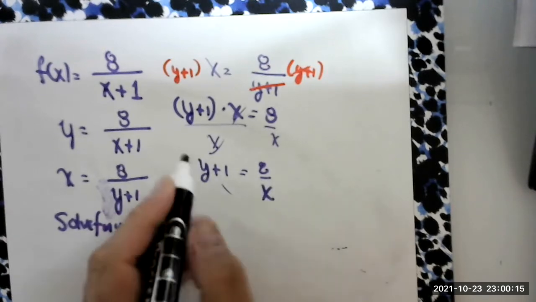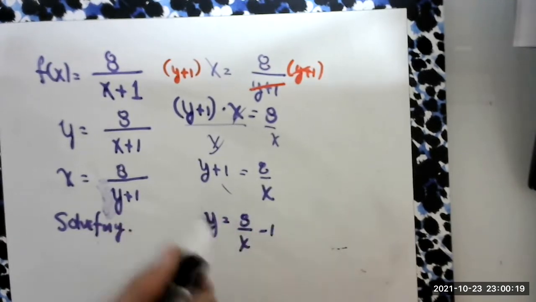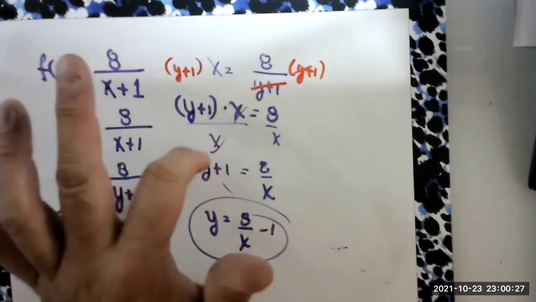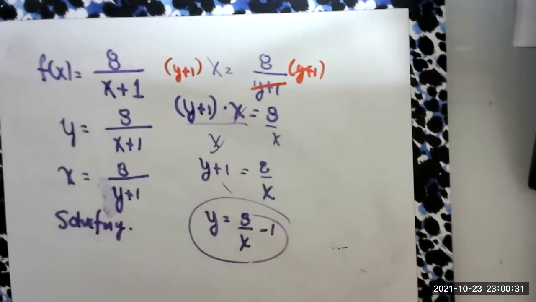And we subtract 1. So y equals 8 over x minus 1. That's my inverse function. The inverse of x will be 8 over x minus 1. So you can always divide by x and add or subtract the number, whatever it is, and you can successfully solve for y. A second option